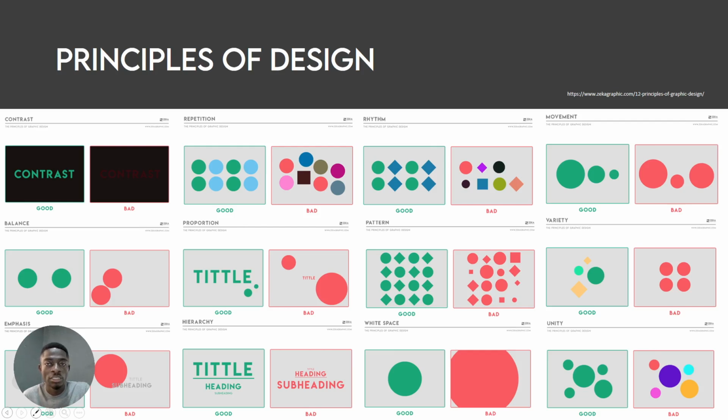The first one is what we call contrast. It's one of the most important graphic design principles, and every graphic design must dominate it. Contrast refers to the difference between the elements in your design. For example, color. If you use a dark color in one element, the other graphic elements will need to be a bit lighter. Why? So that we can differentiate